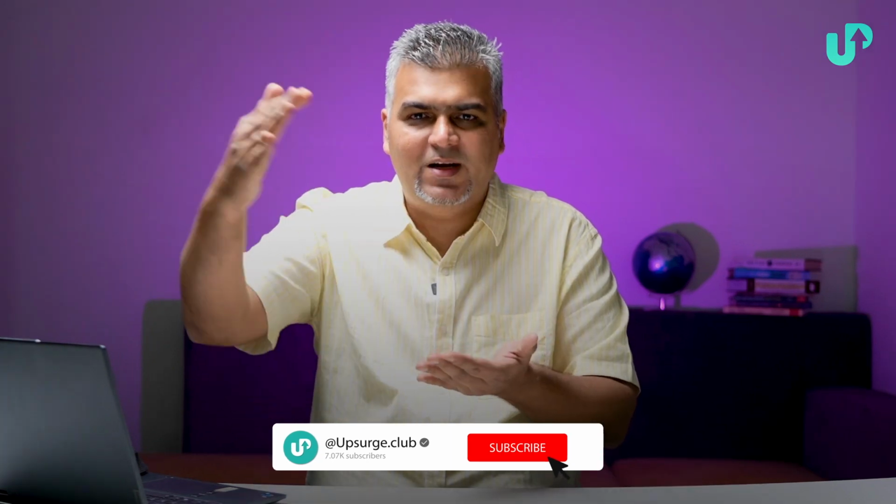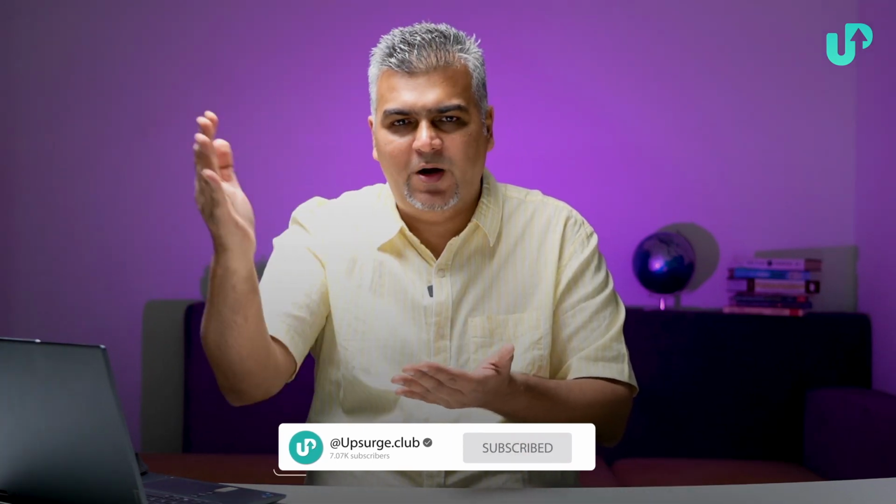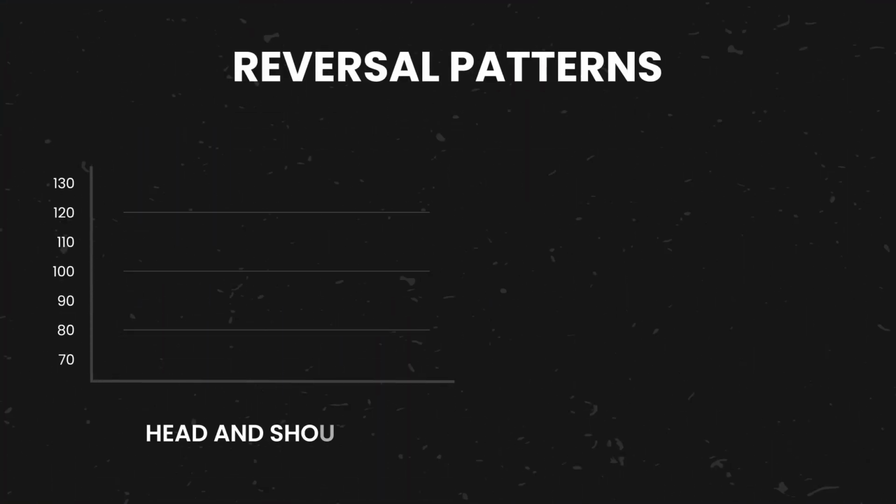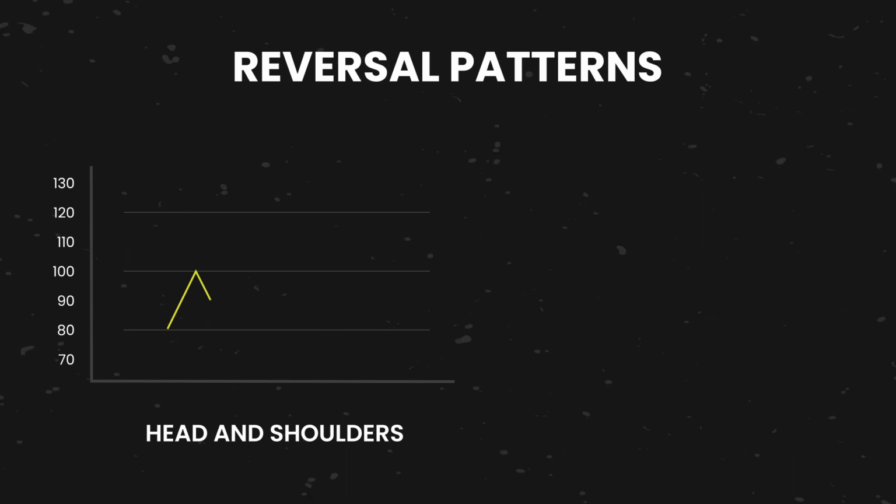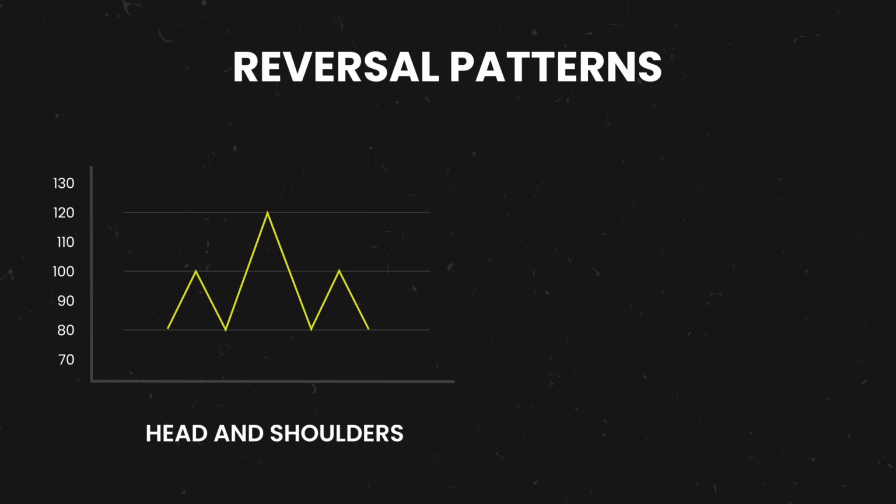The second pattern is reversal patterns. When we look at reversal patterns, what it implies is there has been a trend. So you've been in an uptrend and then topping out, or you've been in a downtrend and then bottoming out. An example is the head and shoulders pattern, which is generally a topping out pattern. The rally has continued, you make a high at 100, dip down to 80, then make another high at 120, then dip down to 80, then again make another top at 100, and you are back at 80. So you have a classical head and shoulders pattern. And once this neckline breaks, it's a topping out formation and a downtrend could start.